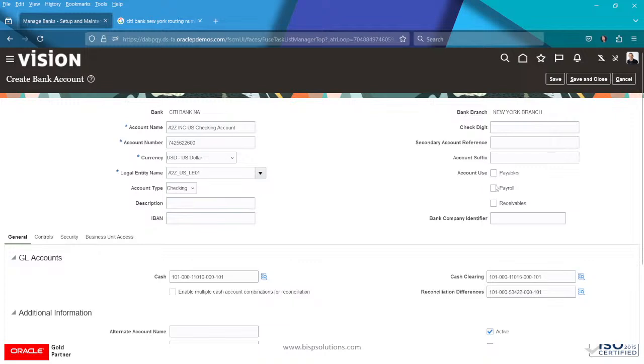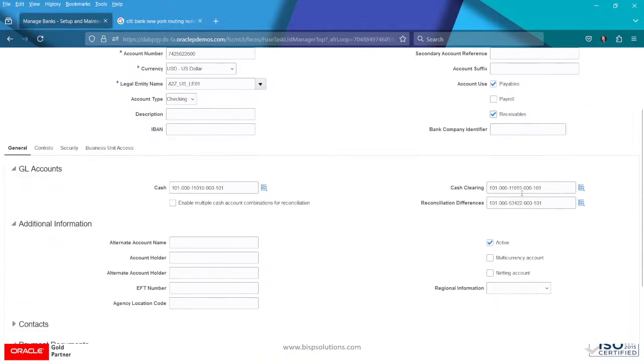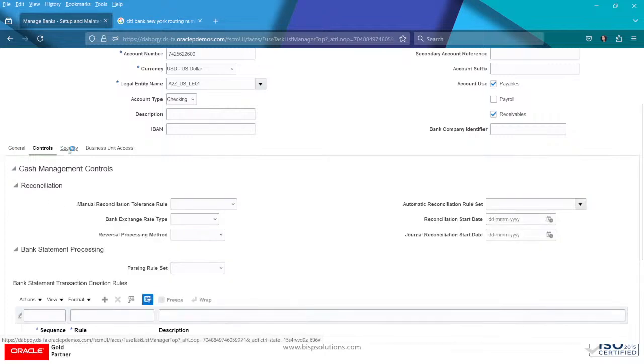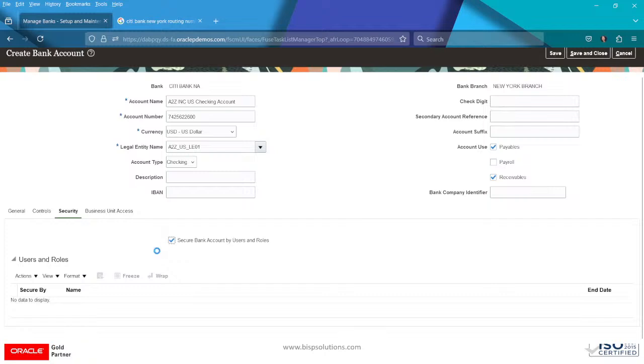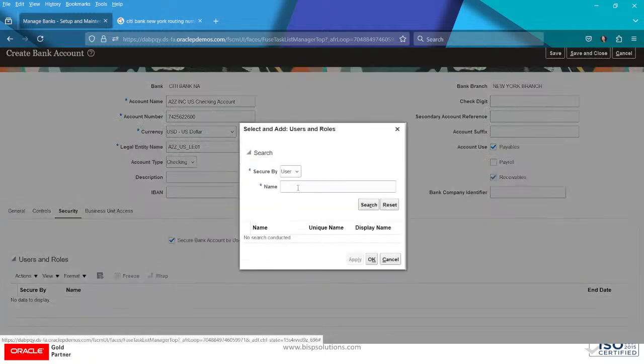The account will be used in the payables and the receivables out here. If you are implementing with the payroll, then you can check it out here. So the account clearing cash and the multi-currency, I will enable that. And the control, go to the security out here, right? Select that. Secured by user, that is a username, that is